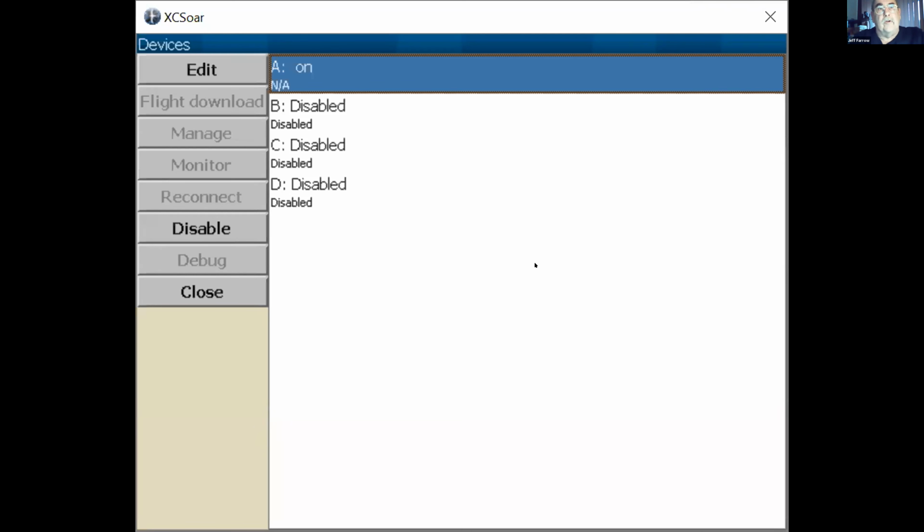The first one that you choose is the one that XCSoar will choose by default, if it can get to it. And in the case of a FLARM, or the S7, the GPS engines in those are going to be far better than what you're going to have sitting in your phone. So you're better off choosing the external source as option one.